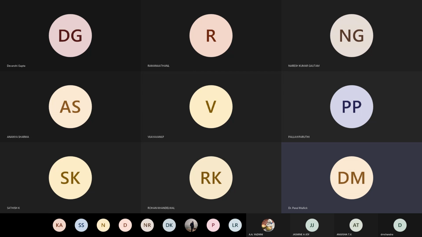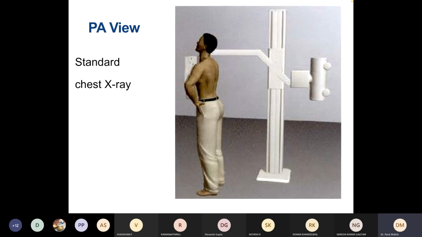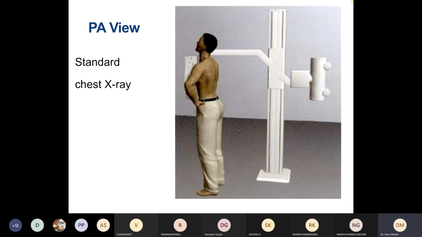Okay. So now see, what will you have in an x-ray? Somebody is just going to give you a film. Look, read it. So now what is important is you should know how to hold the x-ray properly. Fine. You have to know what type of x-ray it is and how you're going to hold it also. To know what type of film it is, see, if it is a PA